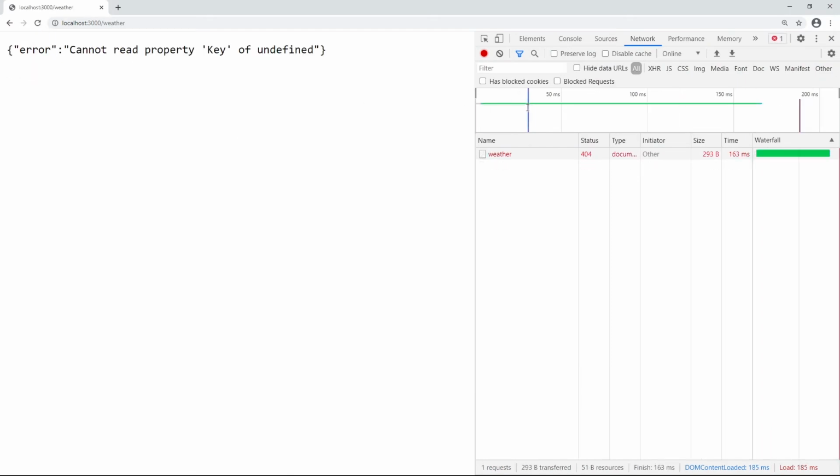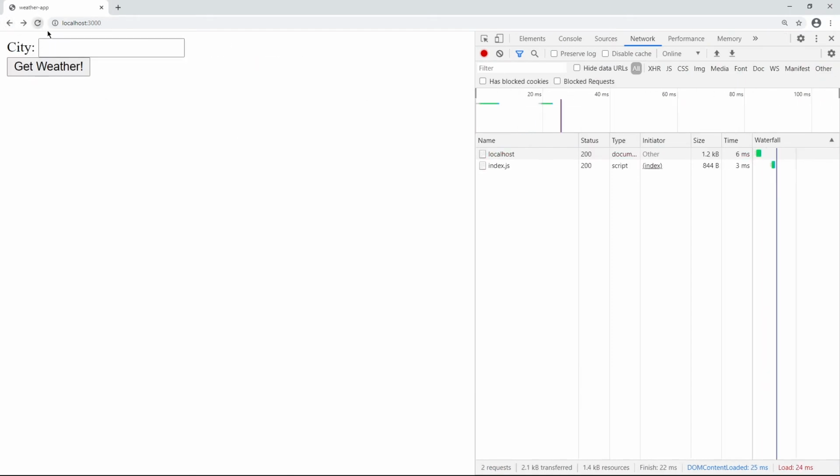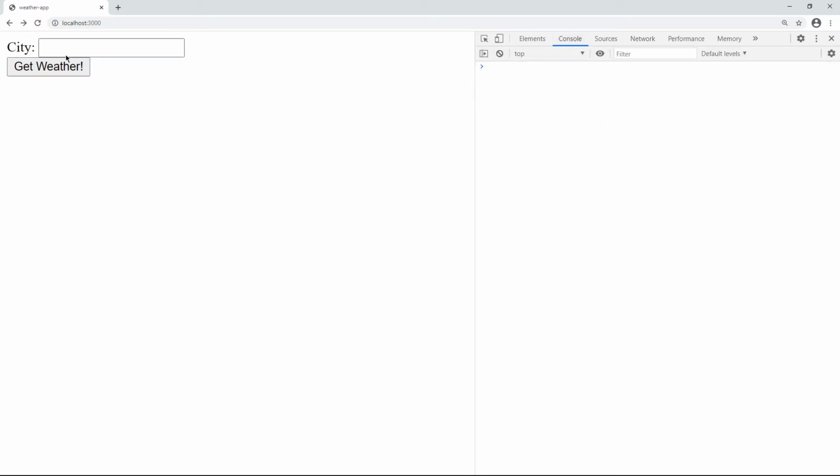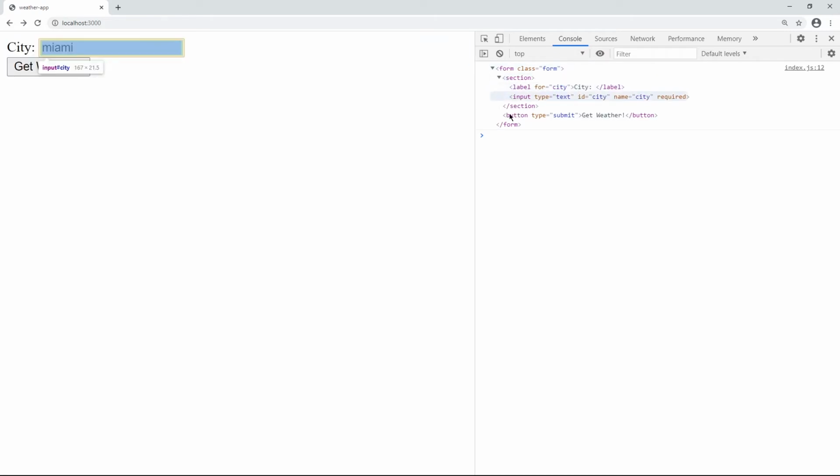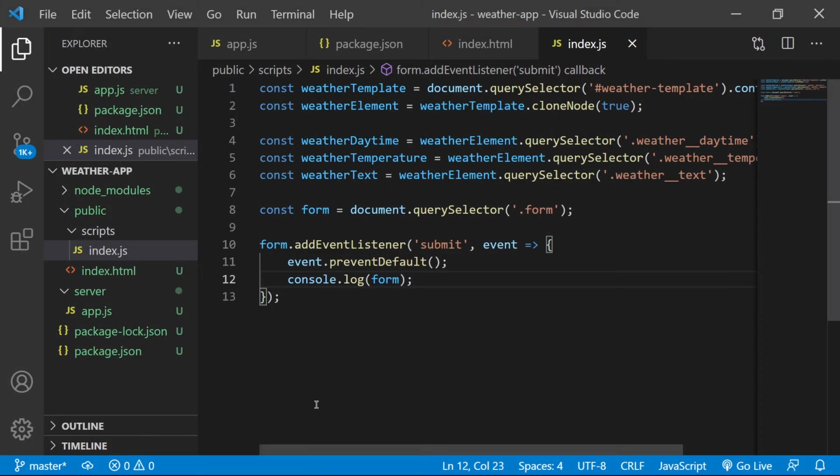And we have this New York thing. Let's go back to the console here. Okay, cool. I want to see the object. So let's do a dir, because I don't want the string representation.